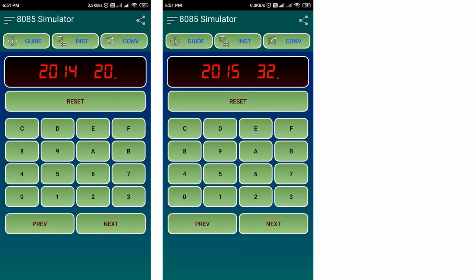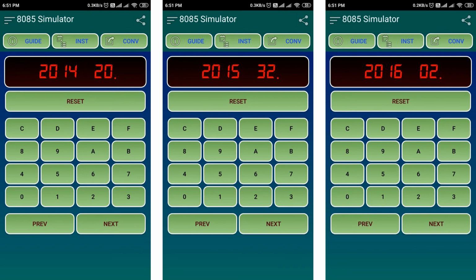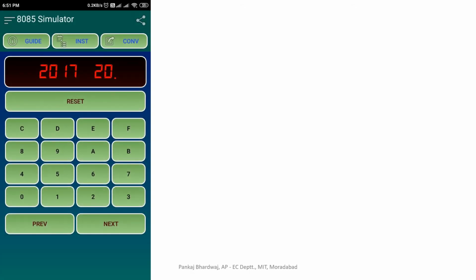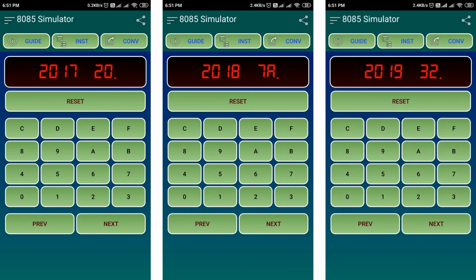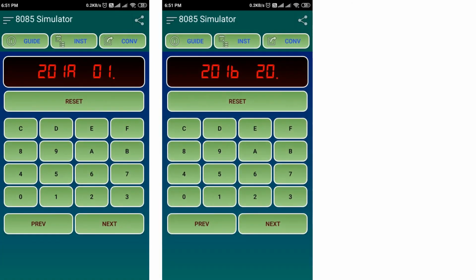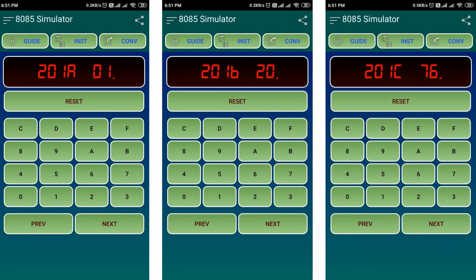We have simply used the memory locations to store the operation codes for different instructions, and these are still going on. 201A, 201B, 201C, and at 201C we have 76. That means we are terminating the program here. This is basically for halt, HLT, right?